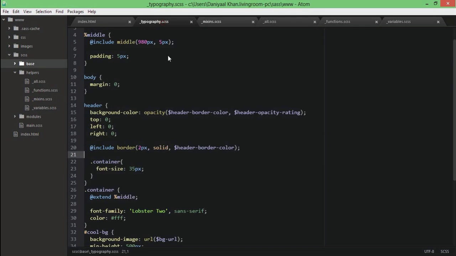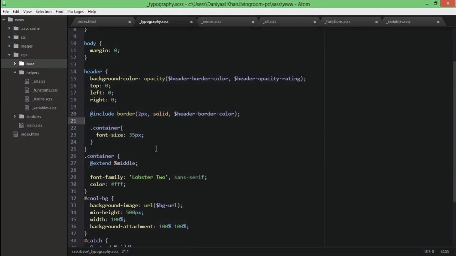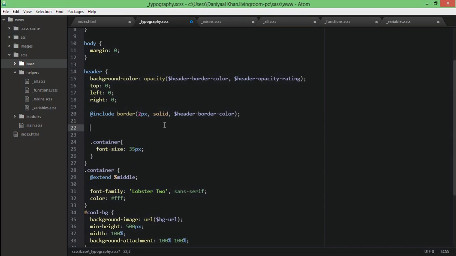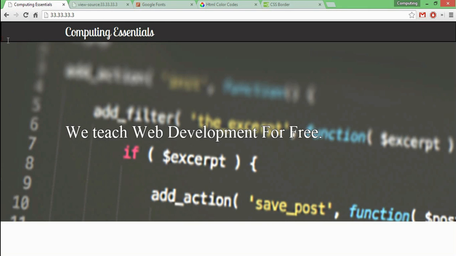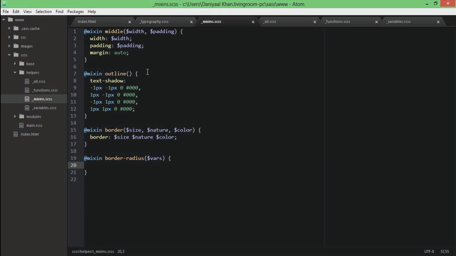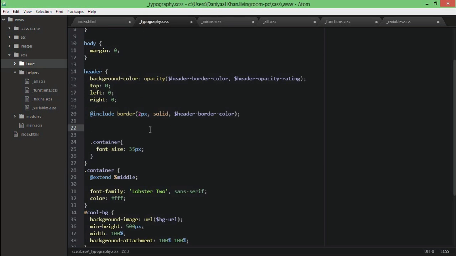Now when we save this in typography.css, let's say we wanted to assign a rounded border to just the header, so the bottom border should be sort of rounded. It's pretty easy. What we do is we say @include border radius, and the variables are, let's say we want